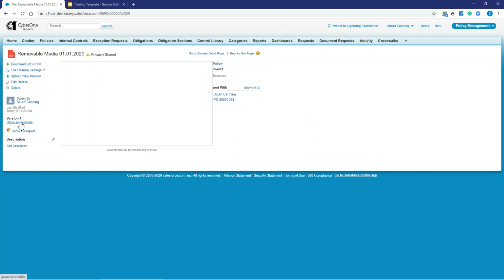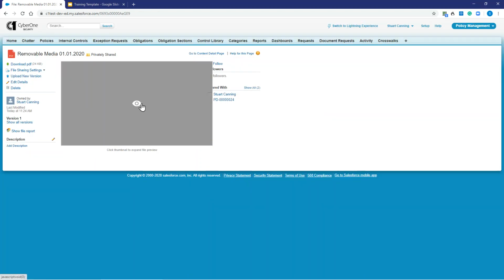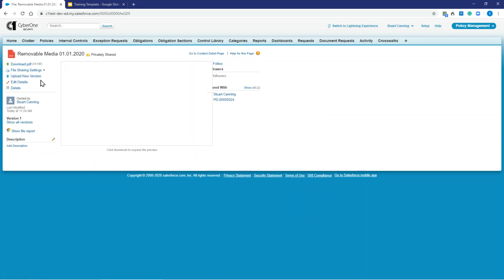And also we have version control here, as you can see. So every time we upload a new version of the document using the upload link here, that version will show as an archive list here. So you can also keep all of the different documents that you create if you're still working in documents inside of CyberOne. However, of course, what we do want to make sure that we do,